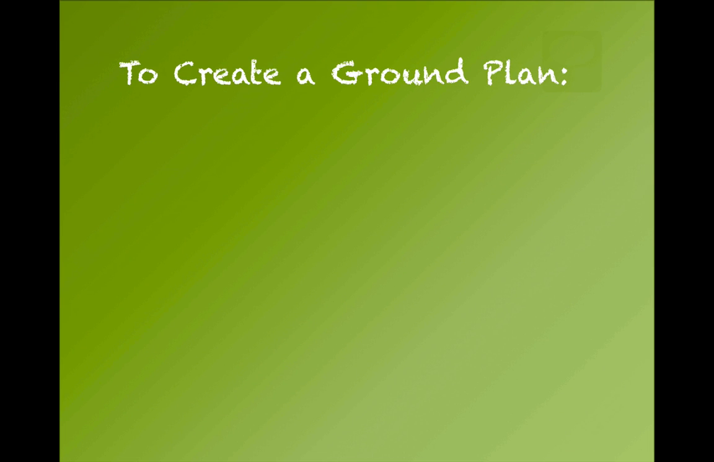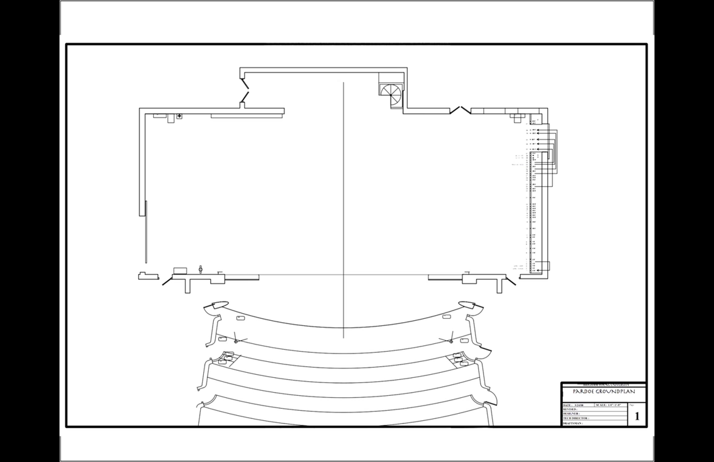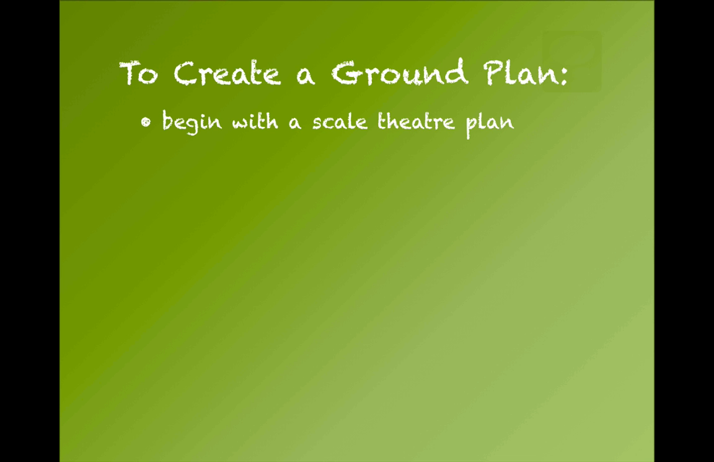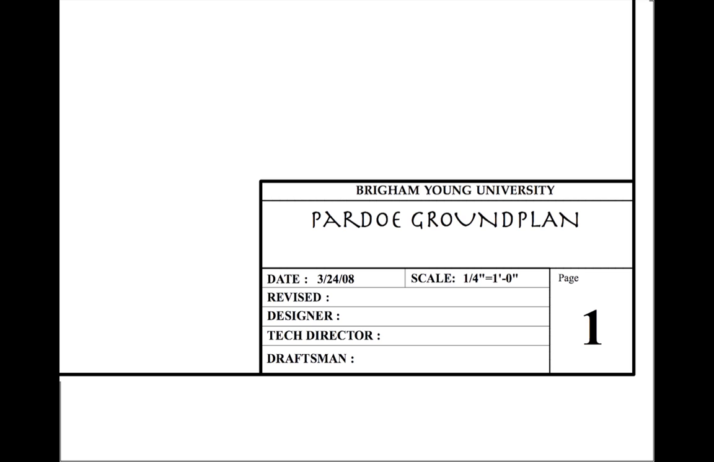Now, to actually create a ground plan, we'll first start with a scale theater plan. We've been looking at one. We notice the plaster line and we notice the center line that help us determine placement on this stage space. One of the first things we'll want to do is establish our title block, which we'll normally find down in